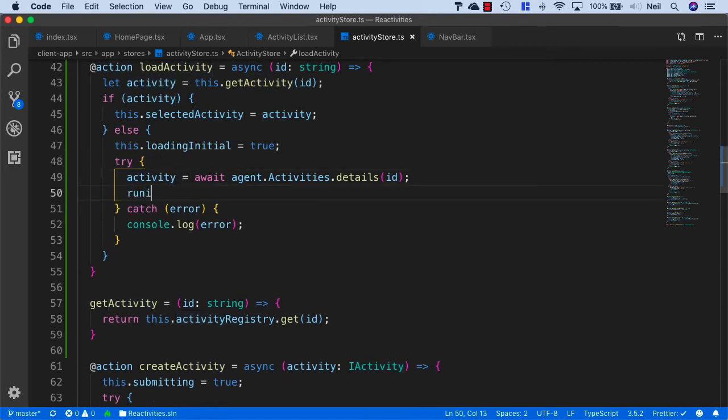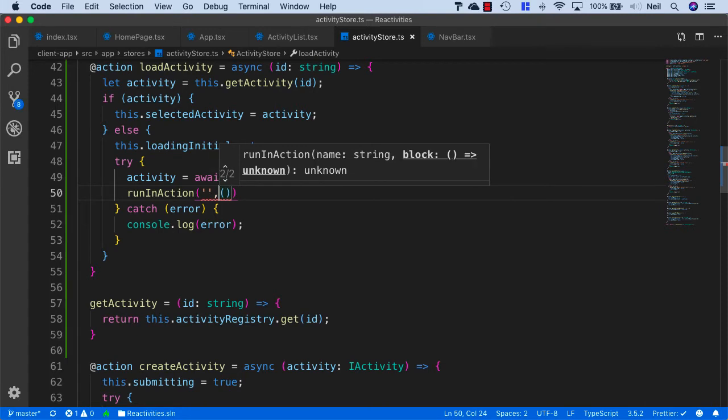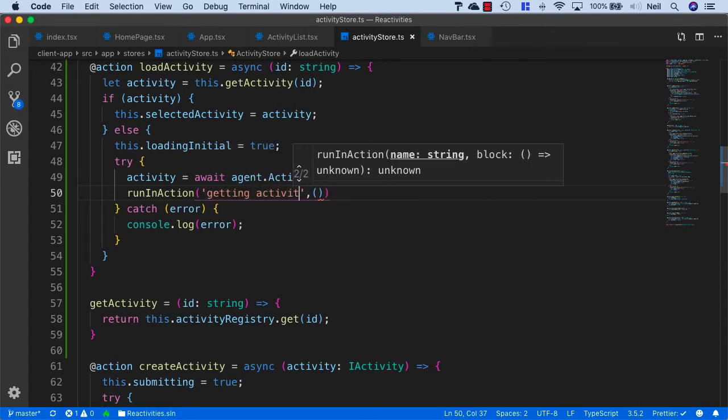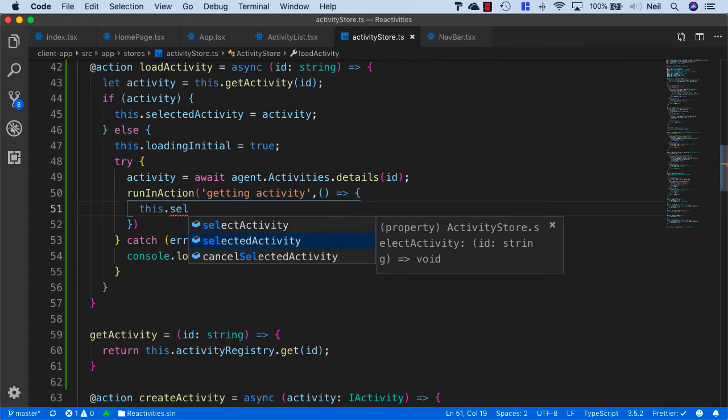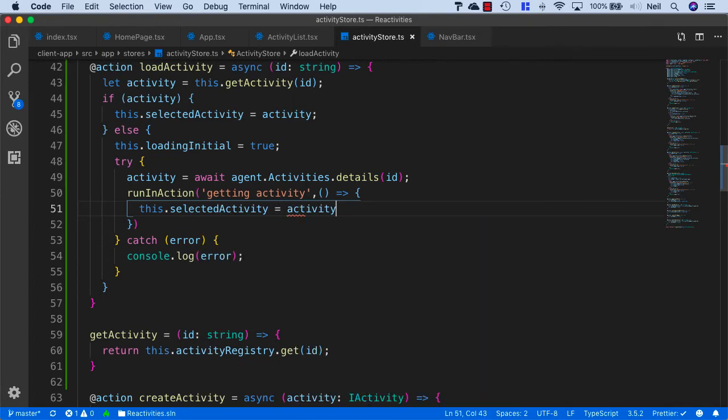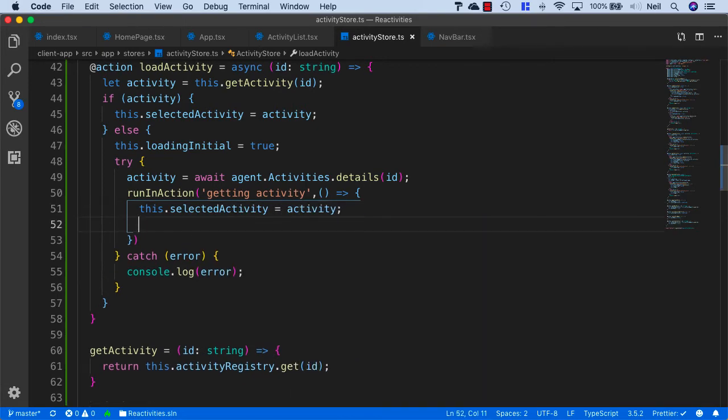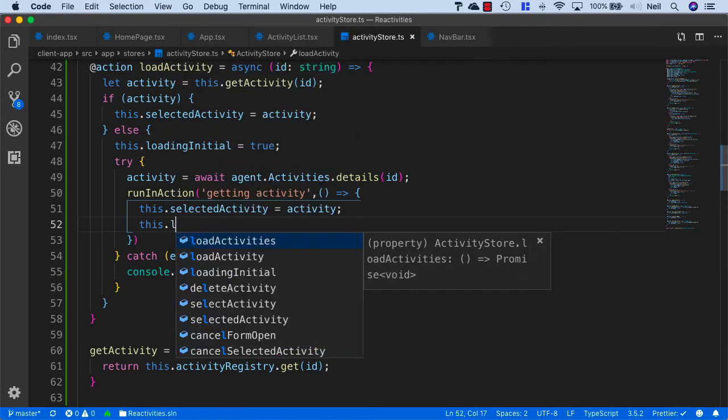So we'll add a runInAction here, and we'll give it a name and just say getting activity. And in the callback, we'll say this.selectedActivity is equal to activity, and we'll say this.loadingInitial